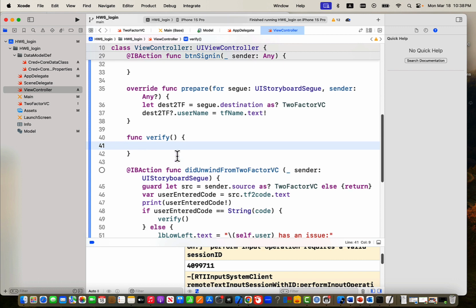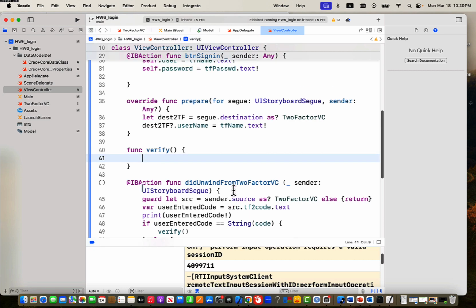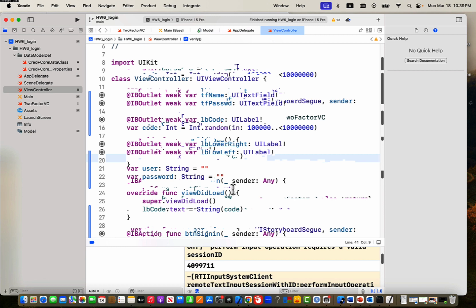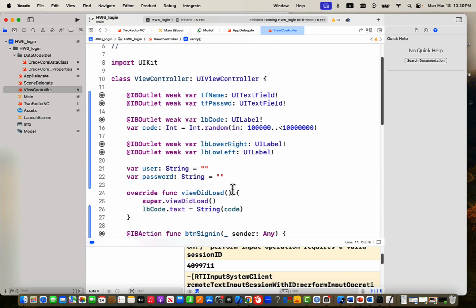Other than that, we need to verify it. Which one now do we need to verify? User login and password need to be matched, right? Two-factor has been matched, and now user login and password. So the database needs to be accessed. In order to do that,